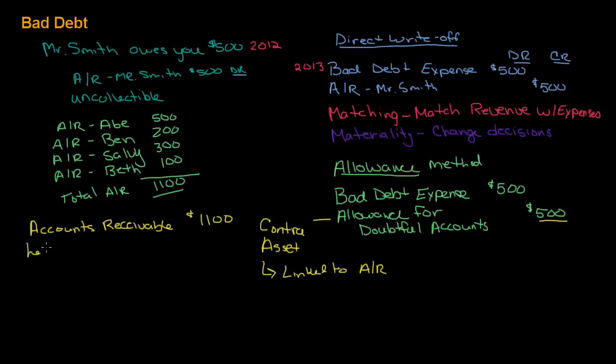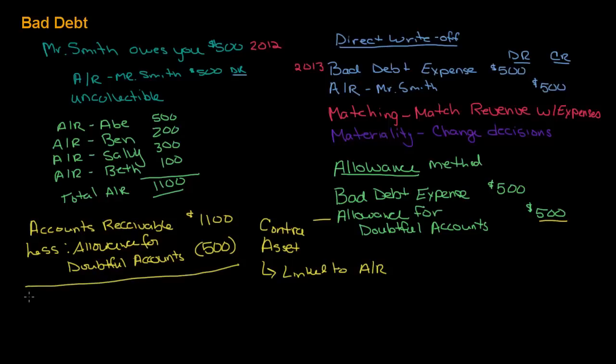And then I would have less allowance for doubtful accounts, and I'm just going to use the 500 I have here. It's a really high allowance for that much in accounts receivable, but it'll work. And then you would say accounts receivable